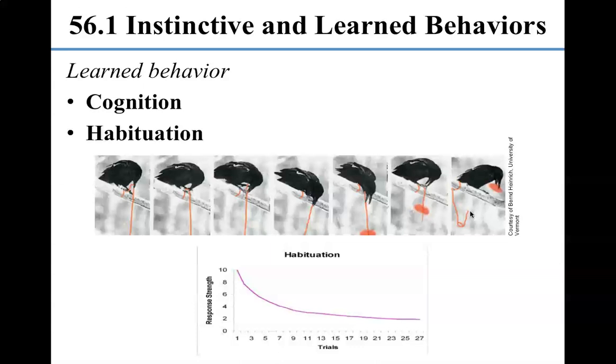Habituation is the learned loss of responsiveness. So imagine a baby bird in its nest, waiting for its mom to return with some food in her beak, and they see a shadow pass overhead. The shadow is from a cloud, but maybe the baby bird thinks, oh, this is mom coming back to give me a snack. And so they open their mouths and say, feed me, feed me, feed me. But they don't get fed, right? Because it was just a cloud. Then another cloud passes by, and maybe they do it again, but not quite as much. And then another cloud and another cloud. After a while, they stop responding to shadows passing overhead. So they've learned, you know what, this isn't getting me anywhere, so I'm going to stop doing this behavior.